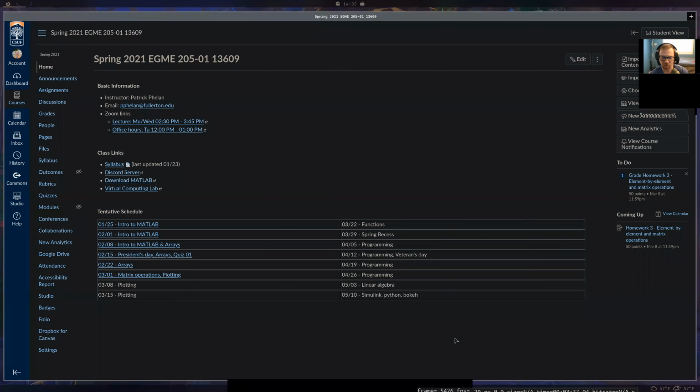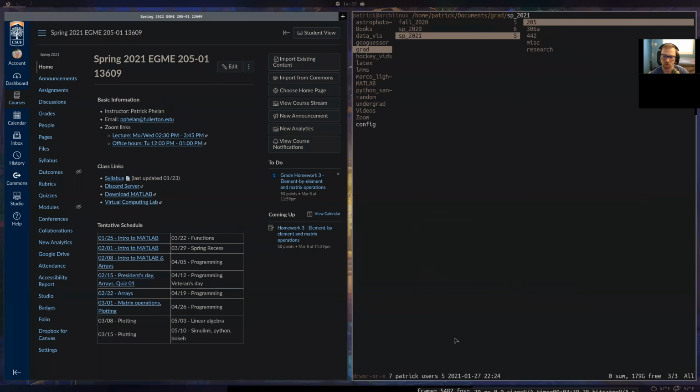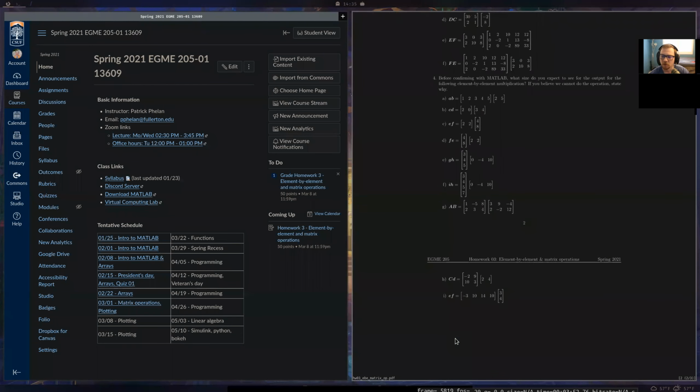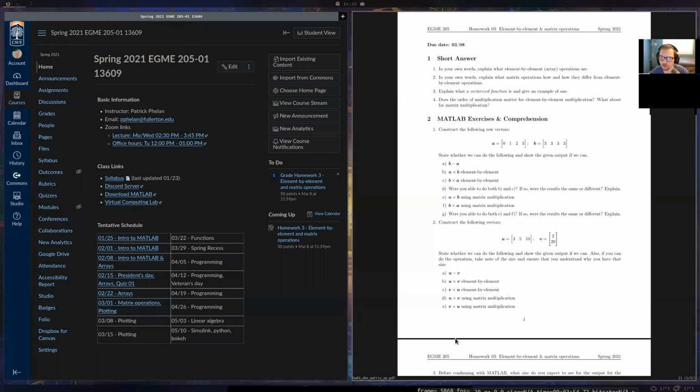So, the quiz is based on the homework, basically? Yeah, it's going to be very, very similar to the homework. Because for this stuff, a lot of it is testing your understanding more than anything, because you could go into MATLAB and just try to do an element by element multiplication. But what I care about is that you actually understand if you can do it, or if you can do matrix multiplication. So let me pull up the homework. When will the homework solutions be posted? I'm going to post the solutions this Sunday.